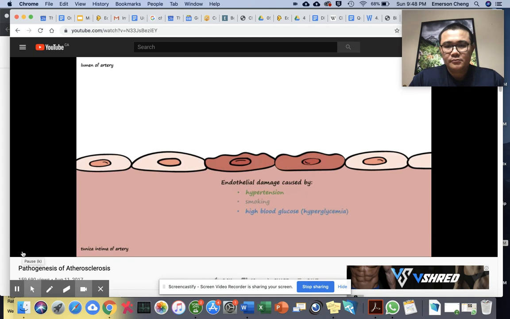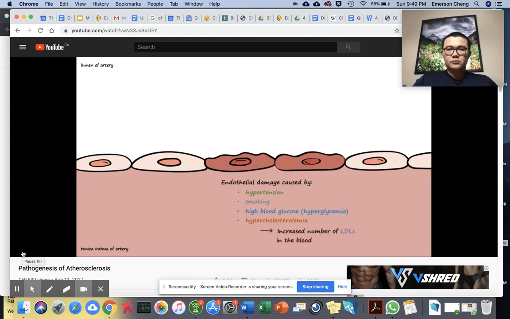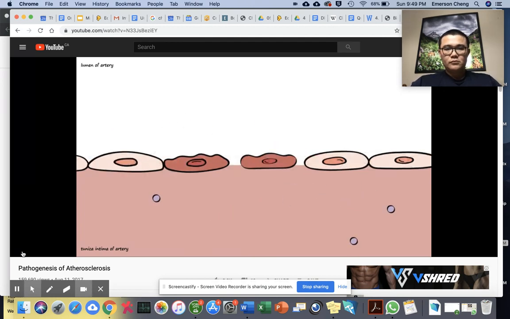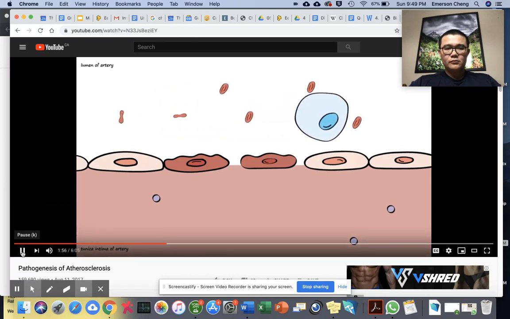hyperglycemia, and hypercholesterolemia, which is an increased number of LDLs in the blood. Endothelial cell damage increases the permeability of the arterial wall, allowing LDLs to enter the tunica intima. White blood cells, such as monocytes, normally move freely through the blood vessels and do not attach to endothelial cells